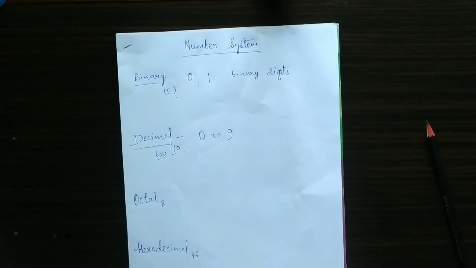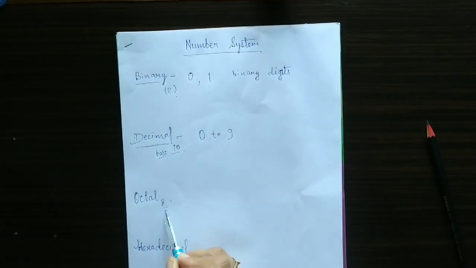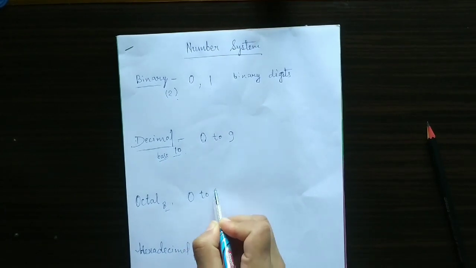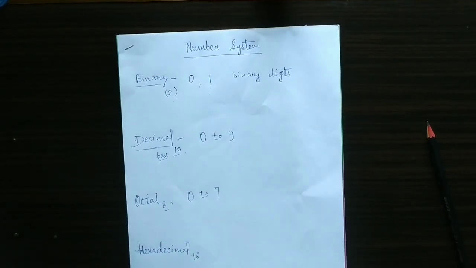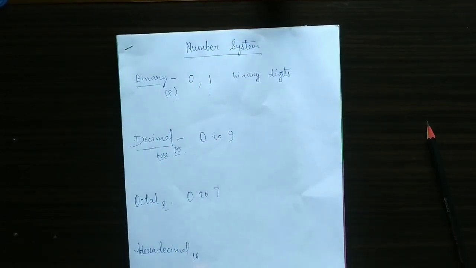Total number of digits is 10. Octal number system consists of 8 digits from 0 to 7,